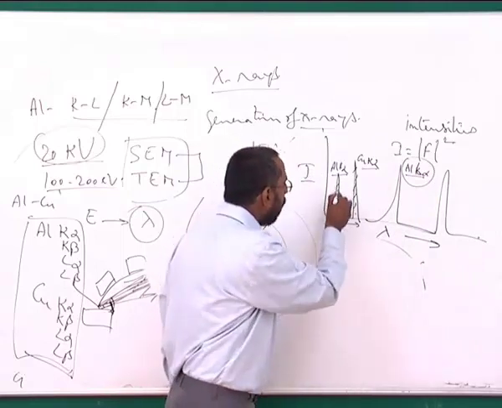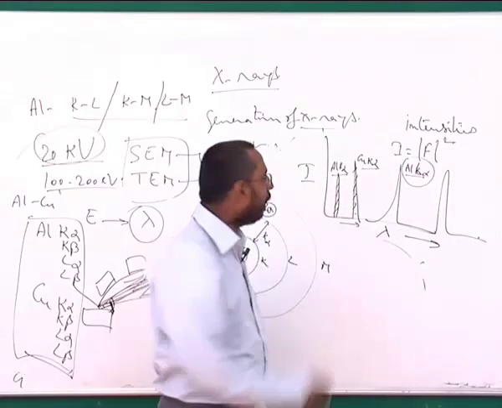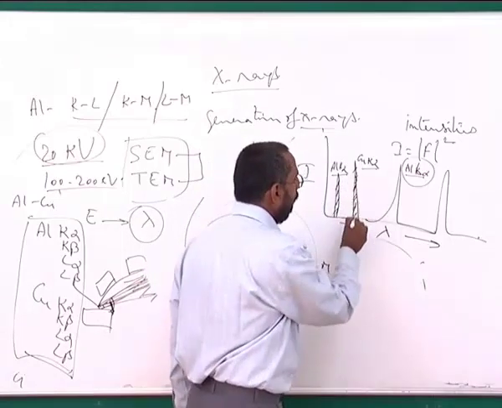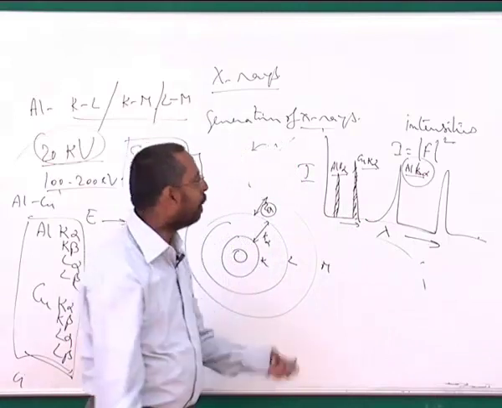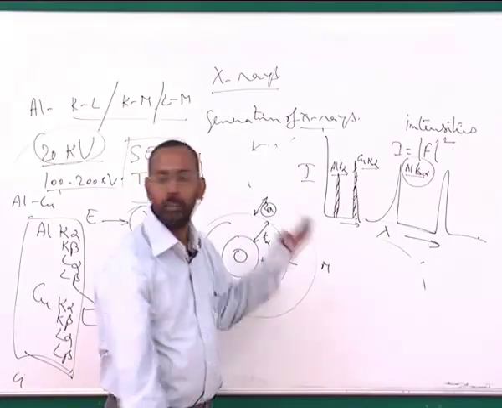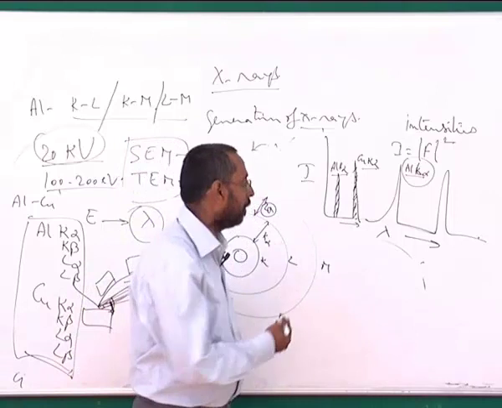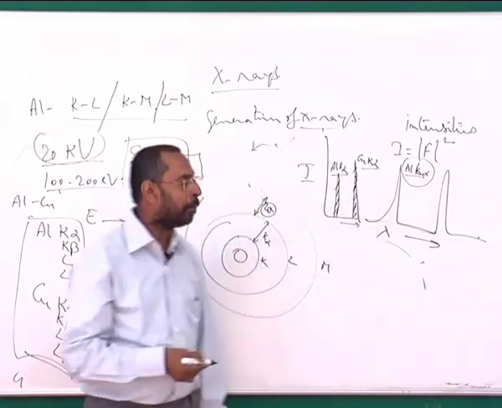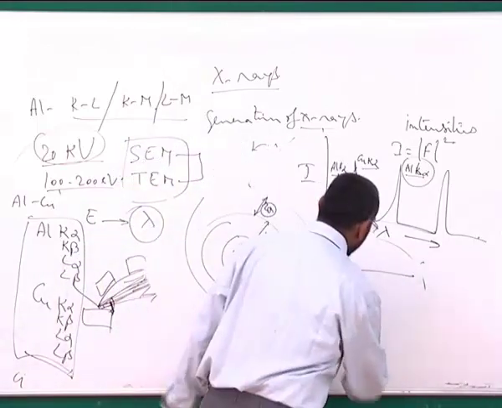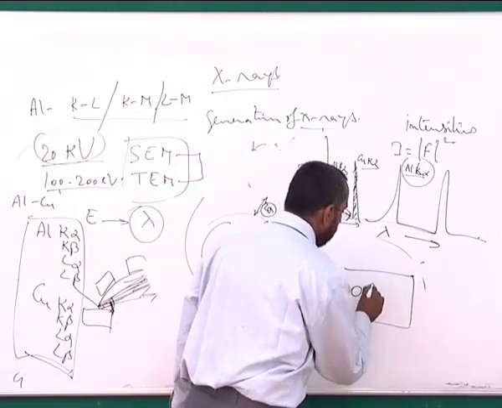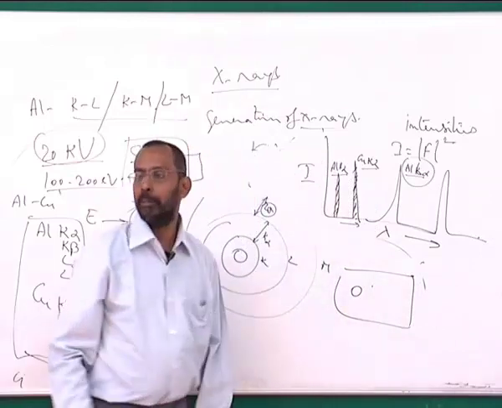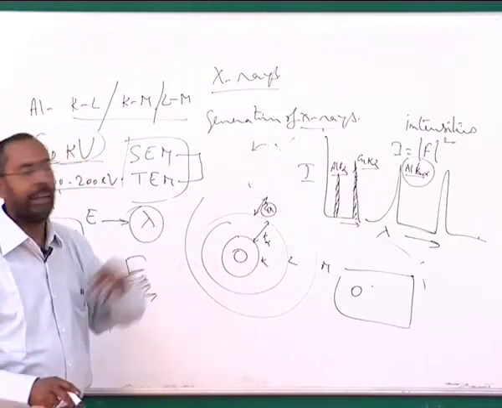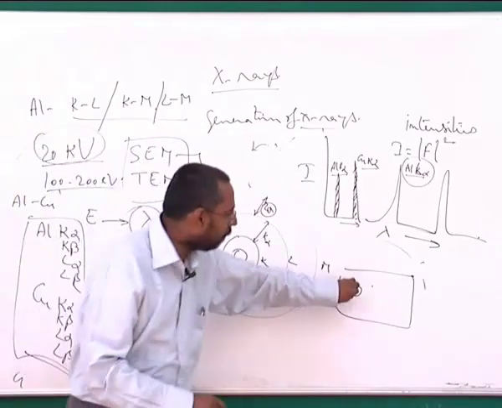I simply pick up one of them and find out the area under this peak, and from the area under the peak I will be able to find out the amount of the element present, not the phase. So from that I can say what is the extent of the element present in various phases. For example, whether I am talking about a precipitate or a matrix, I will be able to do this. So this is how we can get to know the compositional information from individual regions.